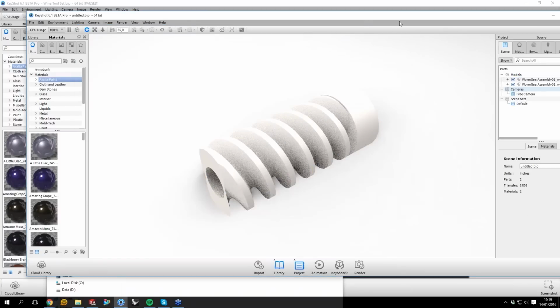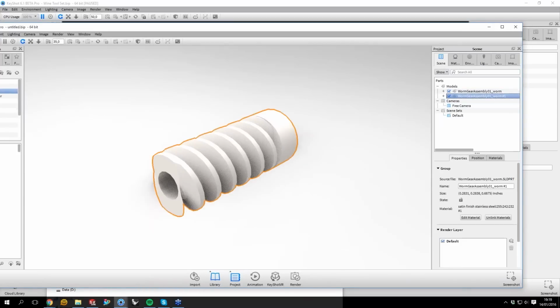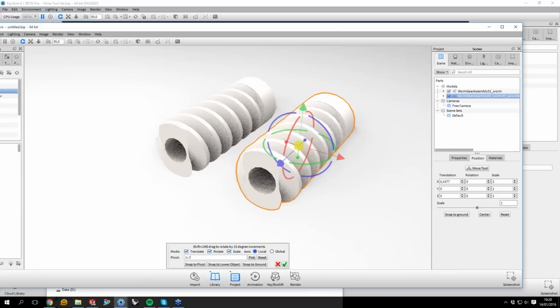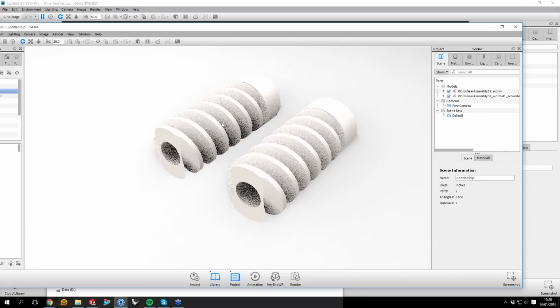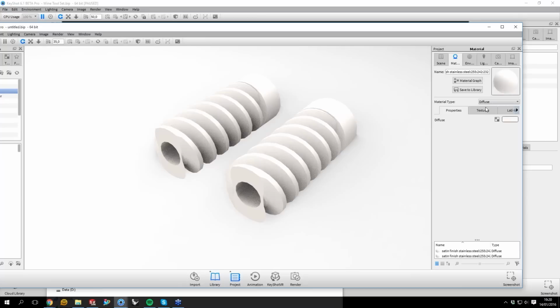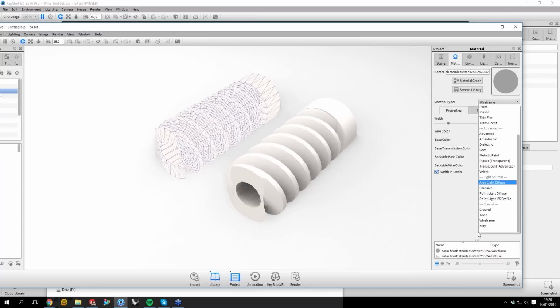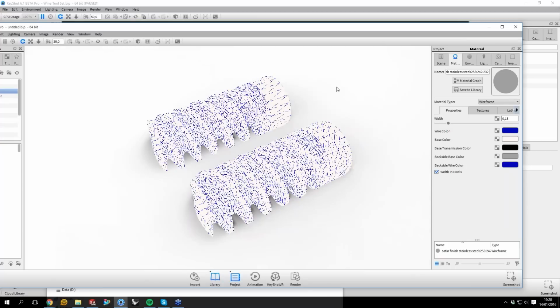So now I have this one, which is accurate. Let me move this one to the side. And to see the actual tessellation, I will change the material to wireframe, which can be found here under special materials. And I will apply the same to my other model, and now